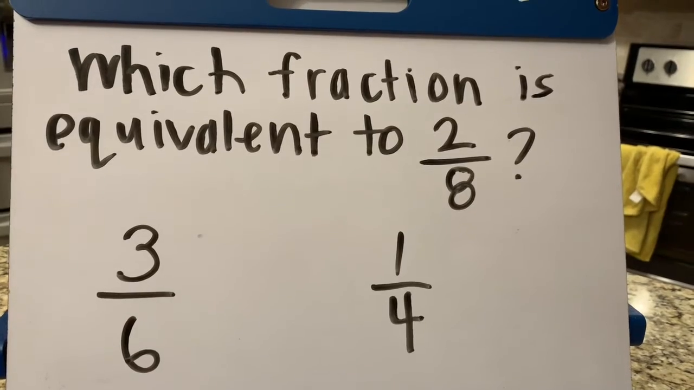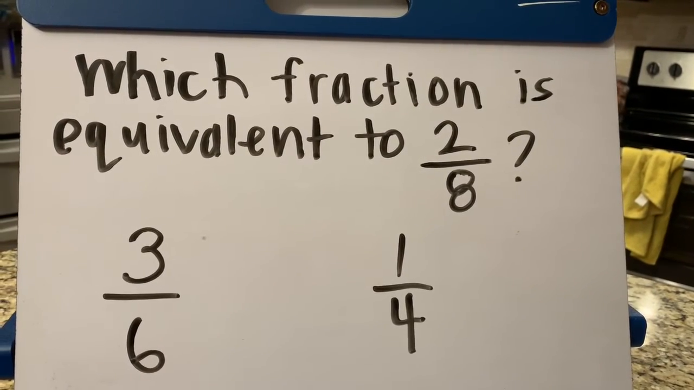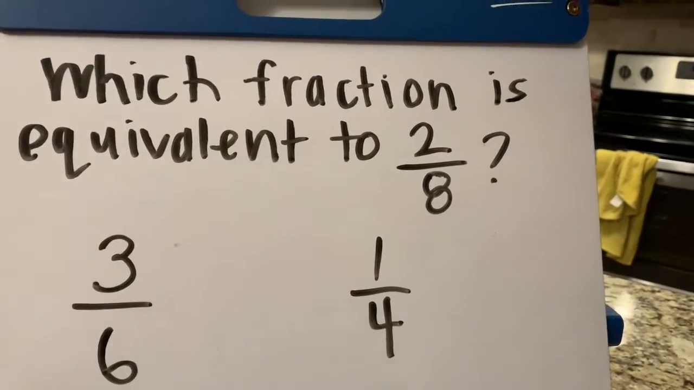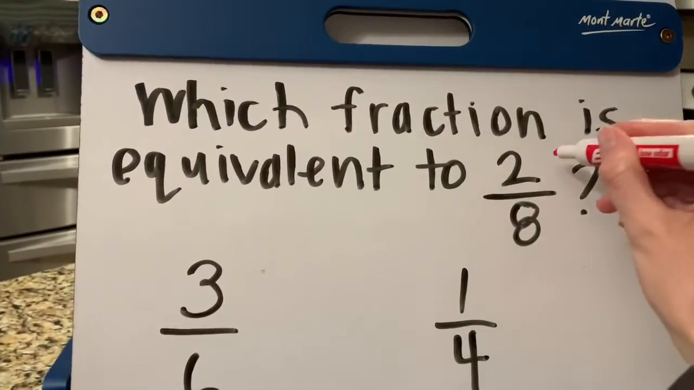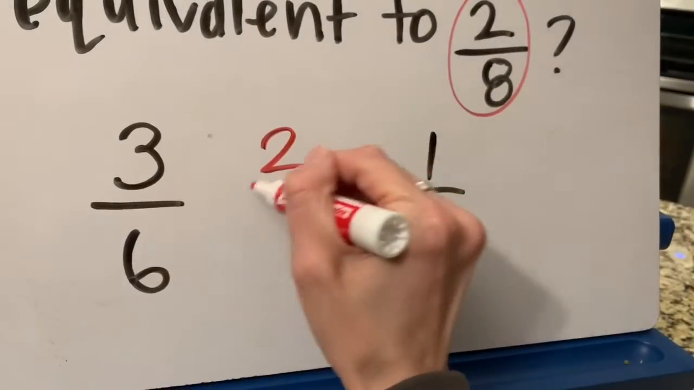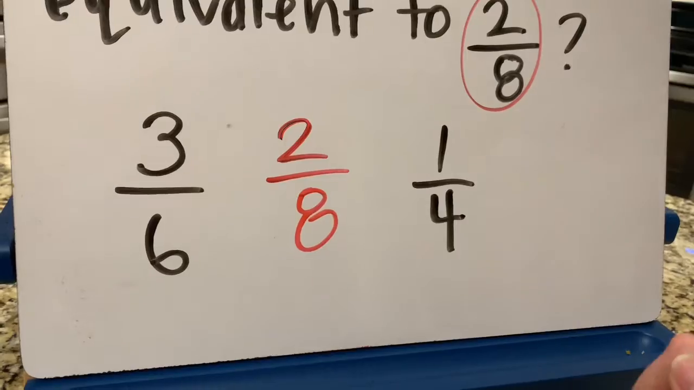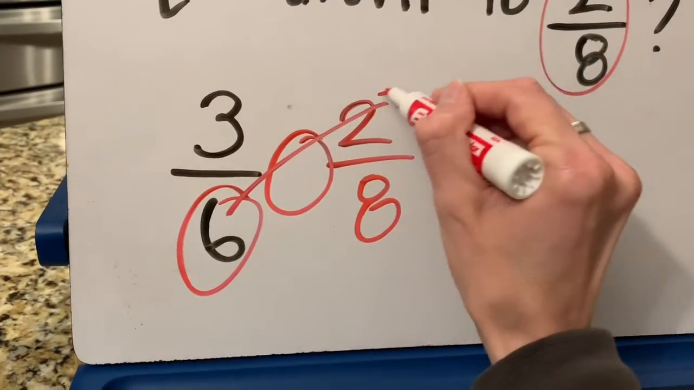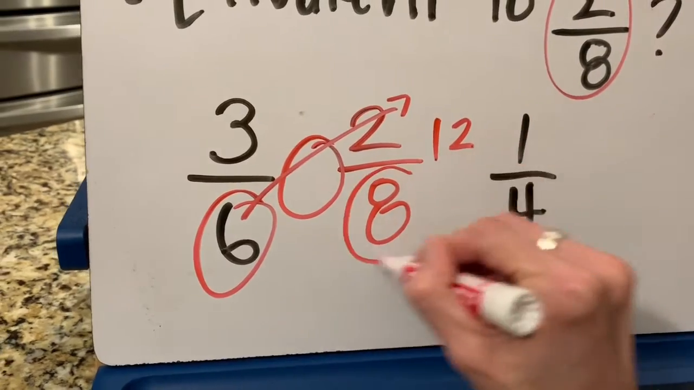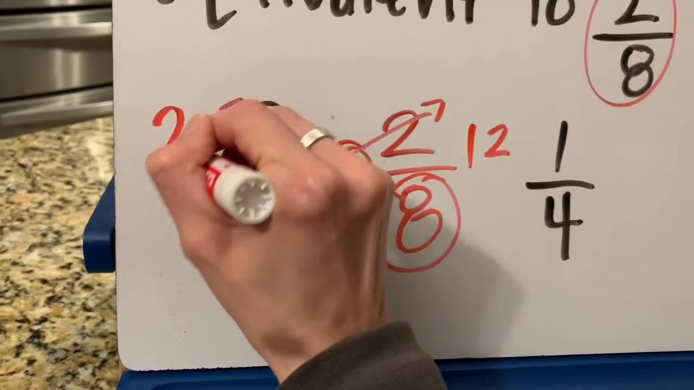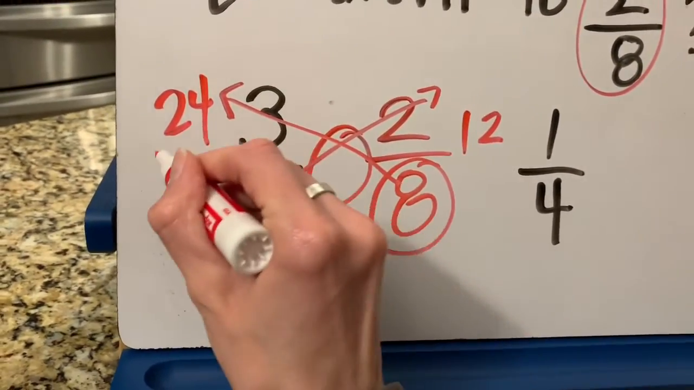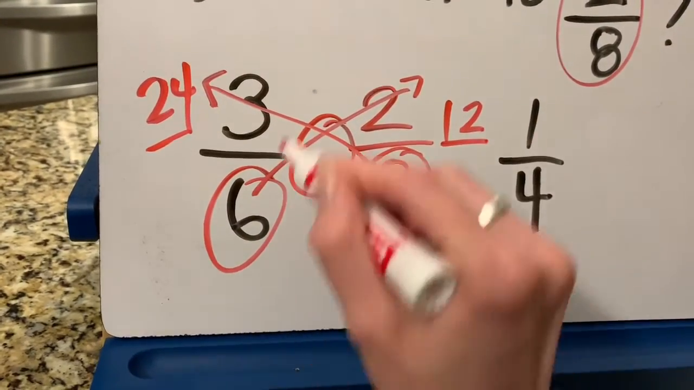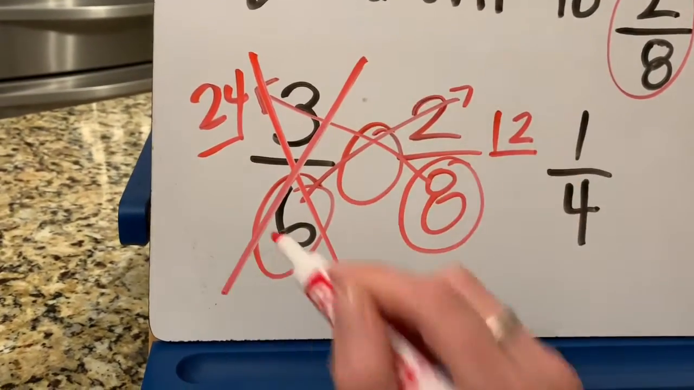So I know that this fraction is not equivalent to 4. Last review of equivalent fractions. What if it asks, which fraction is equivalent to 2/8? Remember, again, I'm going to pull out my fraction, 2/8, and use crisscross multiplication. So once again, I'd go 6 times 2, which is equal to 12, and 8 times 3, which is equal to 24. I know that 24 and 12 are not equal,